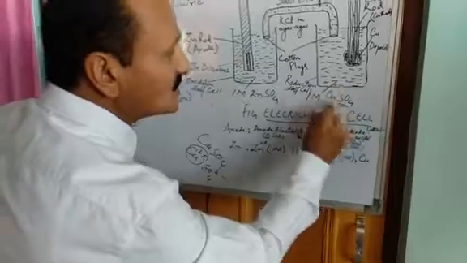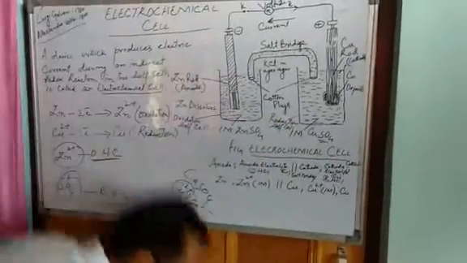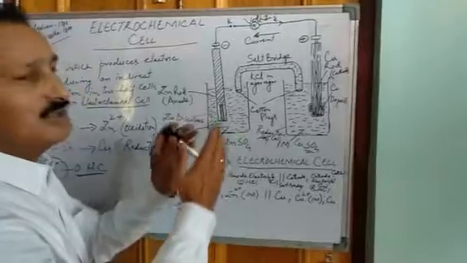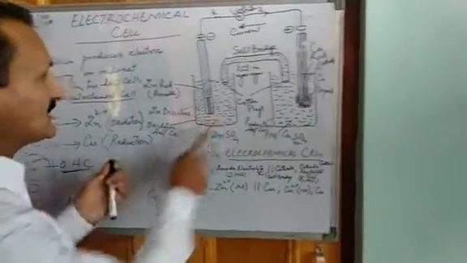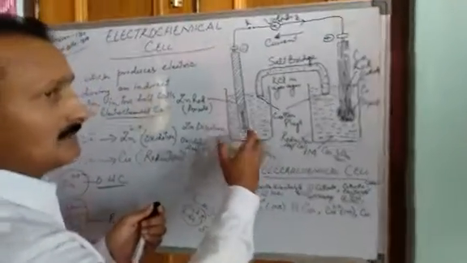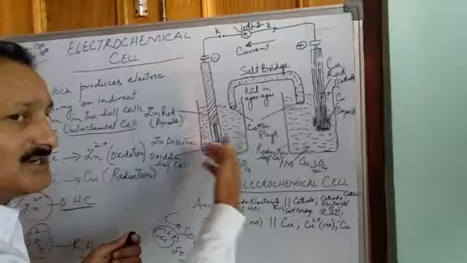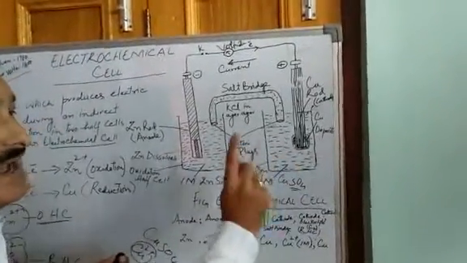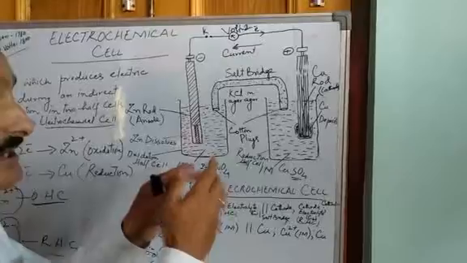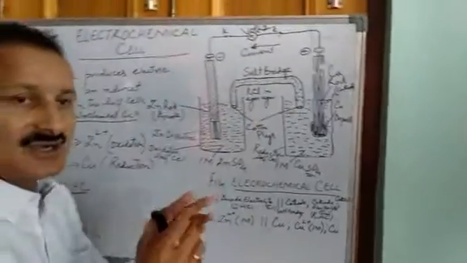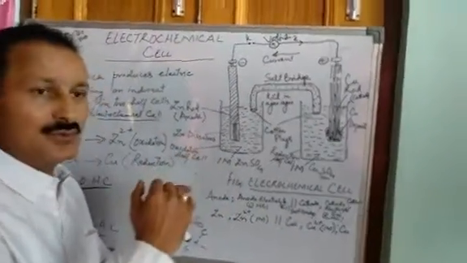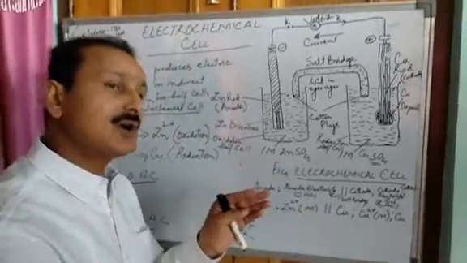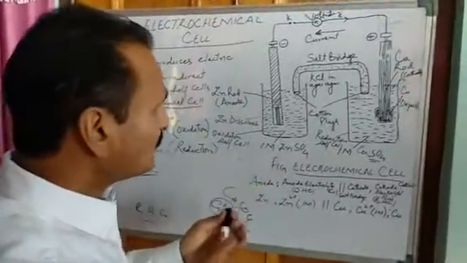So the concentration of sulfate ions increases, and it creates a threat for the neutrality, because here zinc ions are being created continuously and their concentration is increasing, and here the concentration of sulfate ions. So here your salt bridge comes to the rescue. Salt bridge comes into existence. It starts its function. Now how?